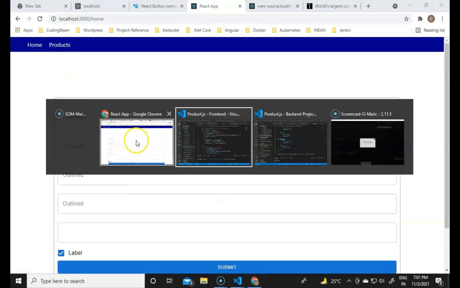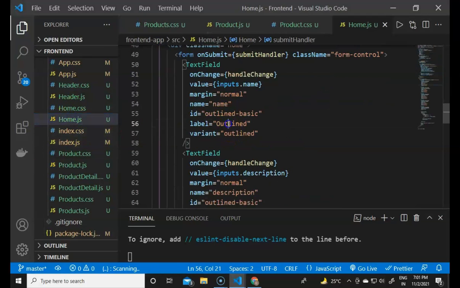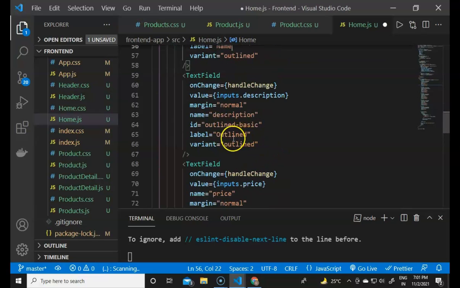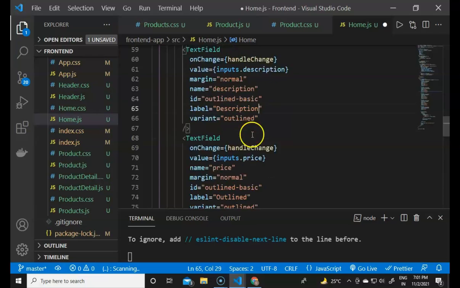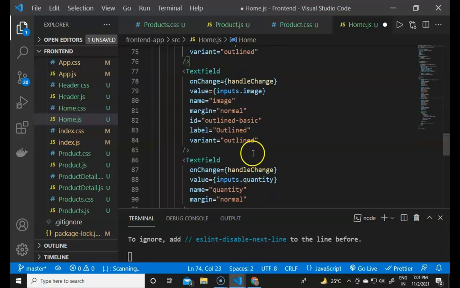So in home.js, if I define some labels from here, like the outline, it will be the name, and it will contain the description, and it will contain the price, the label equals to the price, and it will contain the image.